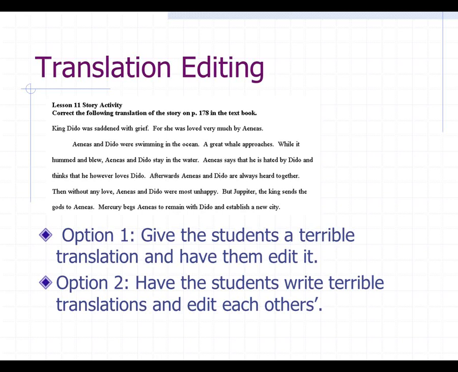For option two, instead of having the students just write the translations with any error at all, you can have the students write tricky, terrible translations of the sentences in small groups. The translation should still contain errors, but sneakier errors if possible. And then the teacher or another class leader, if you choose, can present the tricky, terrible translations to the other groups. And the groups who can correctly identify the errors in translations score points. And if no one can identify any errors, the team who wrote the tricky, terrible translation gets the points instead.